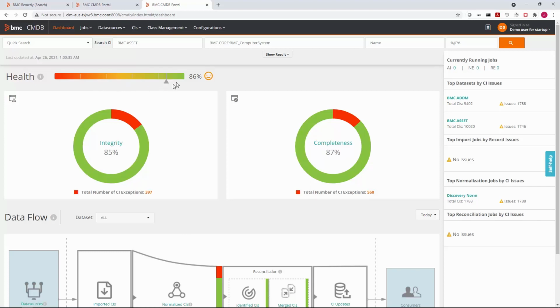Going back to the health of the CMDB, we can quickly see the health of our CMDB. In this system, we've only got 85% integrity and 87% completeness. With the progressive disclosure model, we can now go in and click any one of these KPIs to see what the issues are. For integrity, we'll click into it,